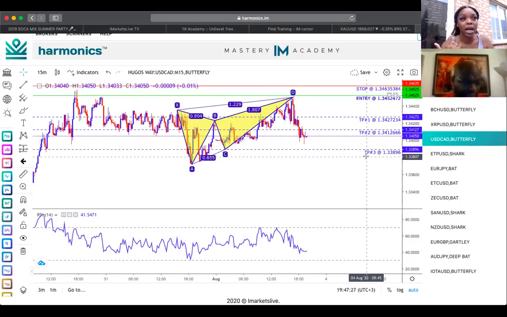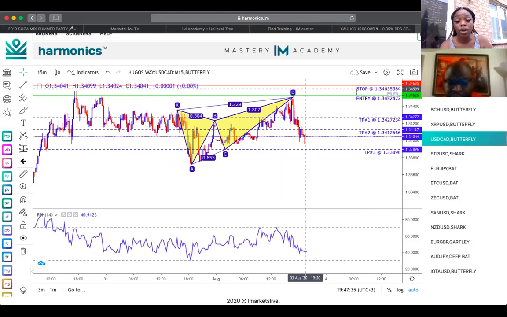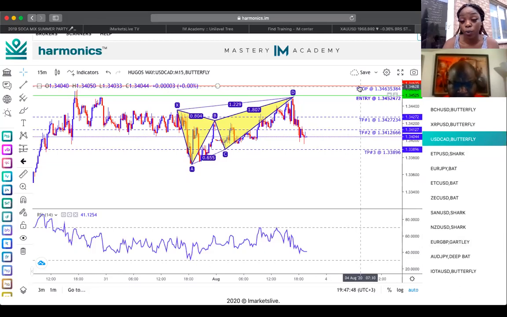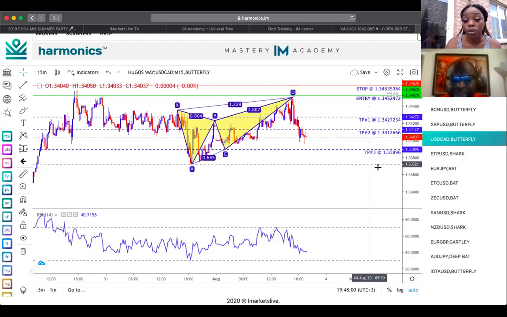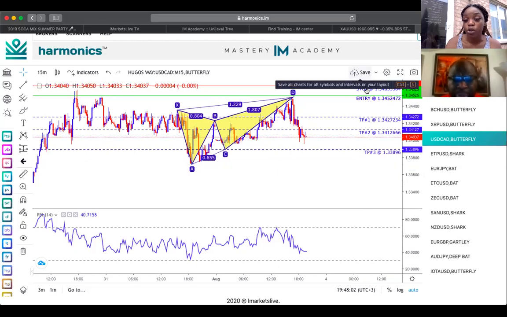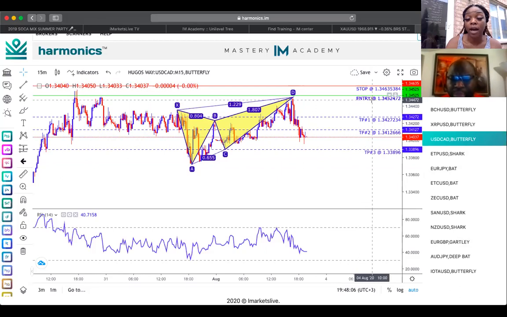Now, as you know, we can make money by buying the market as well as by selling the market, okay? By doing this, that's going to change the way our parameters are laid out on the scanner, okay? And this is where you're also going to get these patterns that come into play, right? When you're entering in for a sell, your stop loss is going to be above your entry point, okay? And when you're going in for a buy, your stop loss is going to be below your entry point. Your TPs are going to be above, right? So for the sell, you have your stop loss, your entry point lower than that, and then your TP1 is lower, your TP2 is even lower, your TP3 is way beyond,